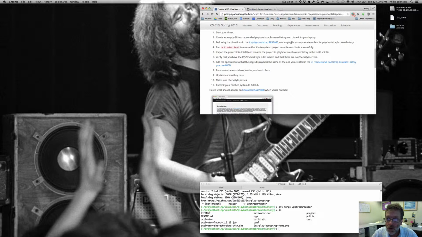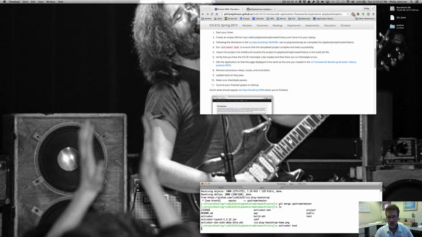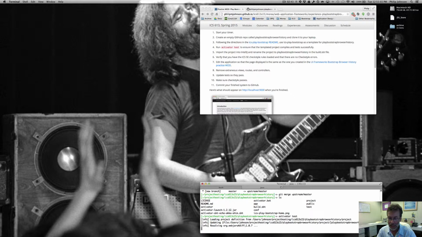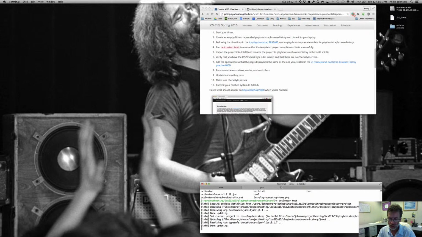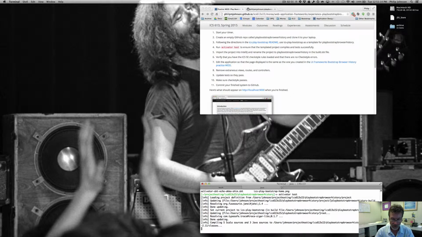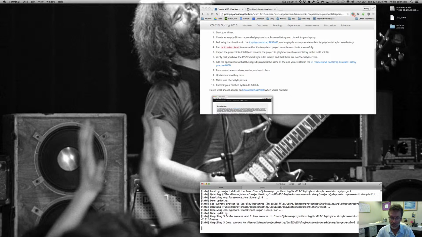So we've used it as a template. Run Activator test to ensure that the templated project compiles and tests successfully. So that's always a good thing to do. Whenever you're using someone else's repo, it's nice to have a sanity check to make sure that in fact what you've just downloaded actually compiles and runs. And so we're going to run our tests on it, which ensures this kind of a minimal level of correctness for this, depending on the test. Maybe if the tests are really good, it's a maximal level of correctness. But in any case, what we're hopefully going to find is that the system compiles,